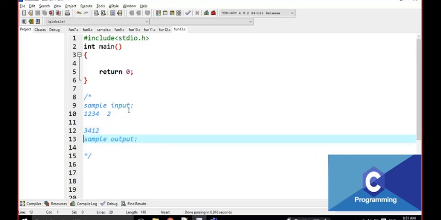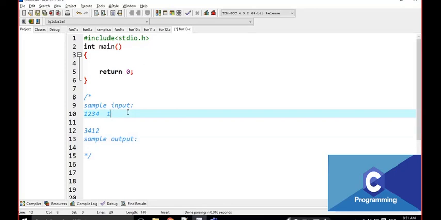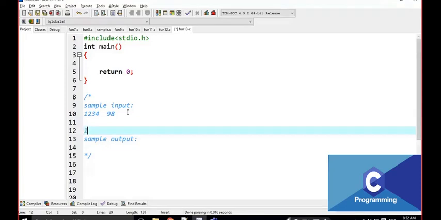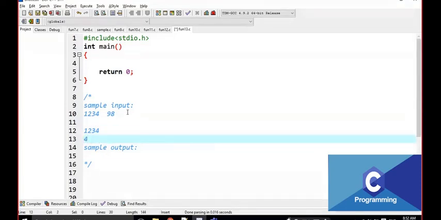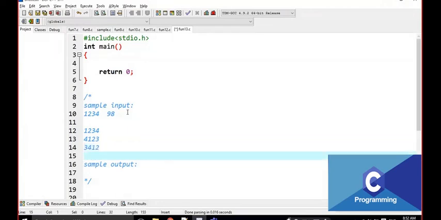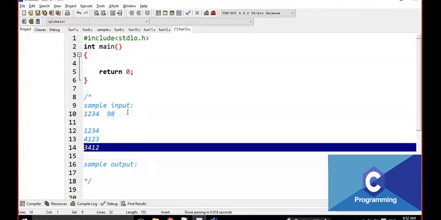Okay. Now, for example, the rotations are some 98. Here I am going to write 98 rotations, or for example, some 1000 rotations. Every time we would have to write 1 2 3 4, and the second one 4 1 2 3, and the next one like this, and doing it again for 98 times is not a good way.